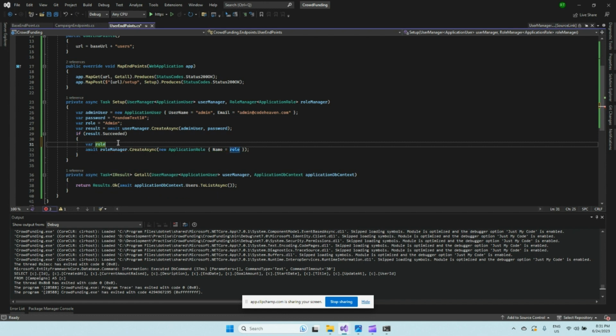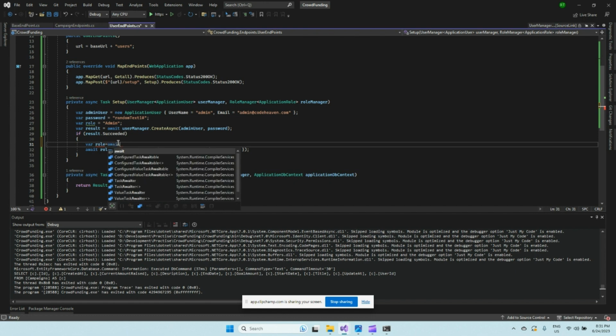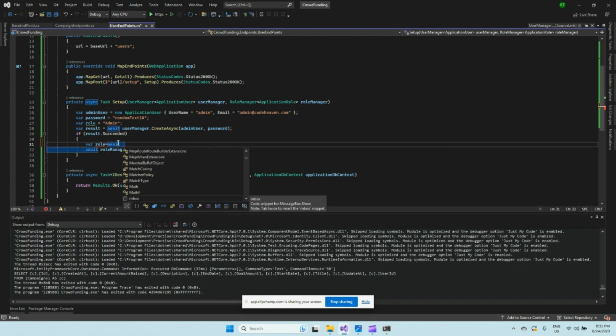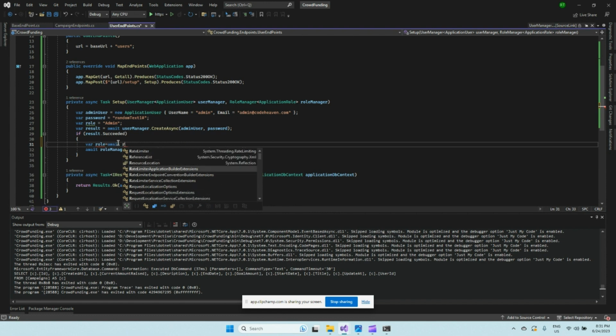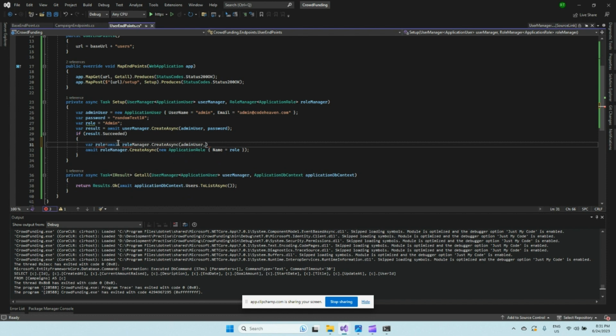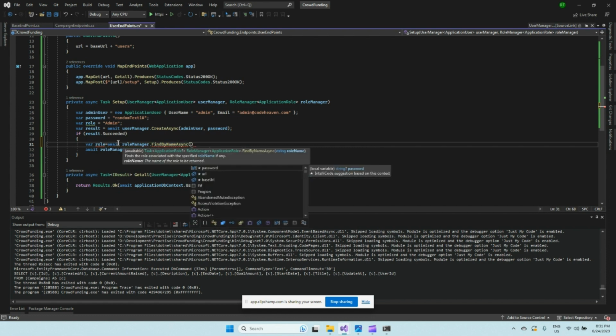Where role is equal to await role manager dot find by name async, and let's check if this role